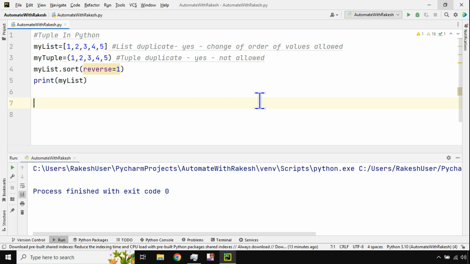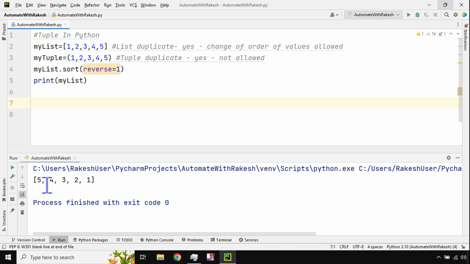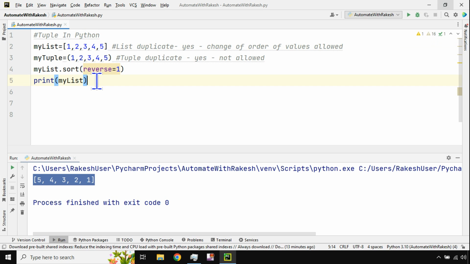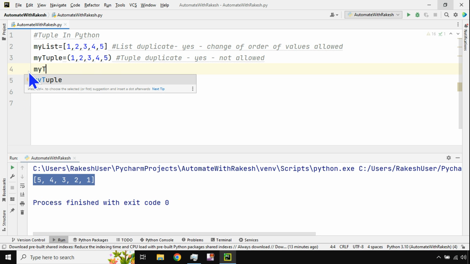Okay, so if I run it, what happens? The value which was there at index number 4 has now moved to the beginning. So placing the values in a different order is possible, right? But the same thing is not possible with a tuple. For example, if you type my tuple